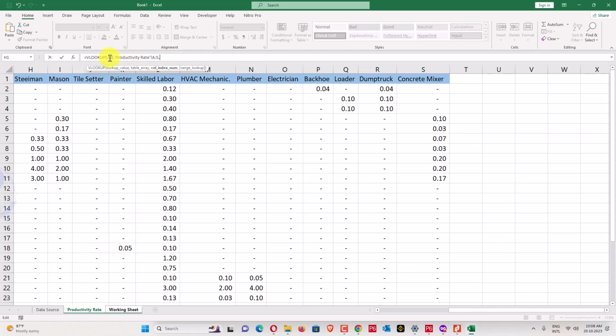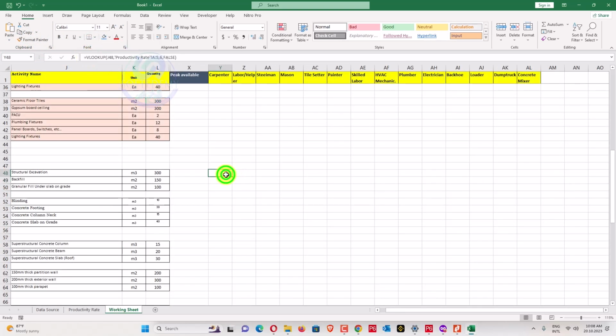And we have to divide this productivity rate. Which one we have to divide? This one is productivity rate. We need column number 6 first of all. And if that one is not 6, then it's false. We have no carpenter, but we have labor here. But we change from here A, B, 7. And also this one is 7, not 8. This one is J. Okay, so this one is J.